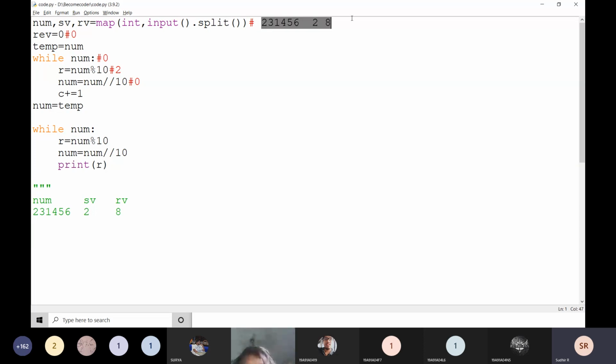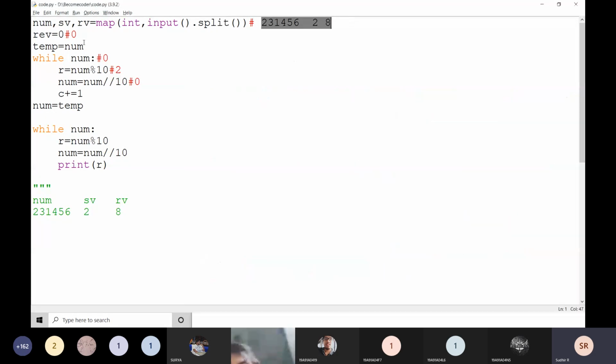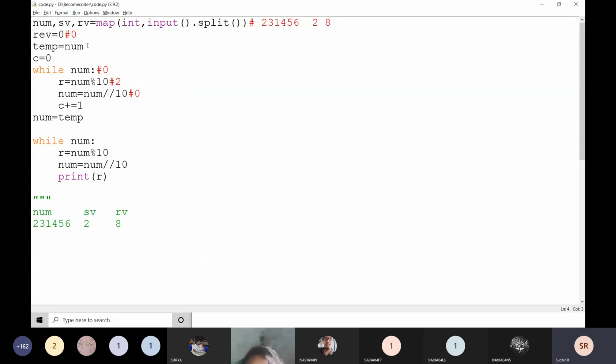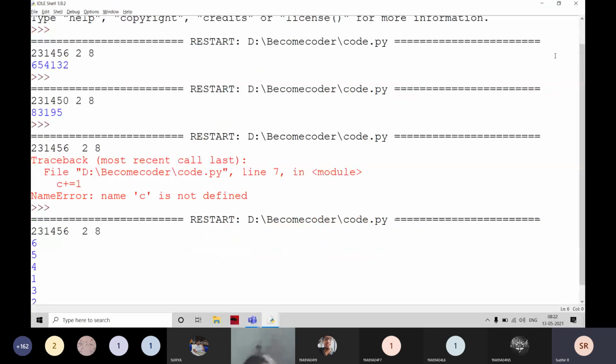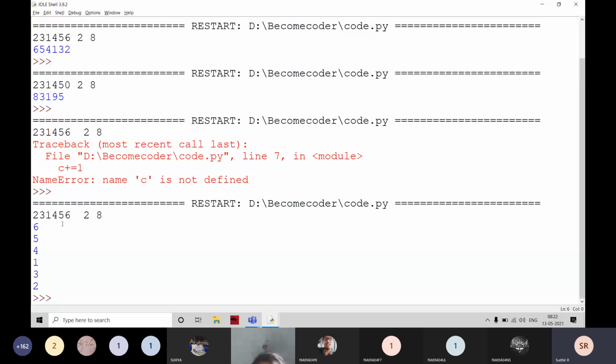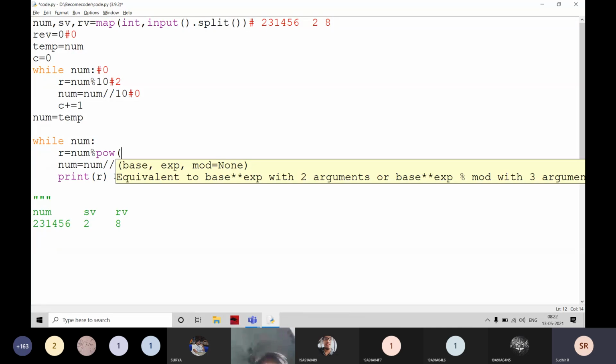If this is the input, I'm going to execute it. If this is the input, C value is not defined, C is equal to 0 here. If this is the input and this is going to be 6 5 4 3 2, like this it is moving. And now instead of that I'm going to print the values from the first value here. And now instead of this I'm going to write a power of,